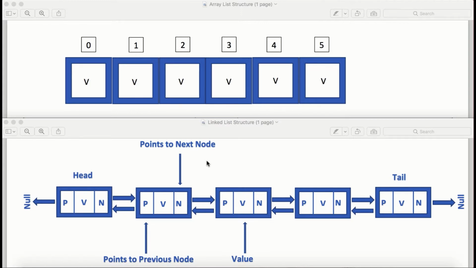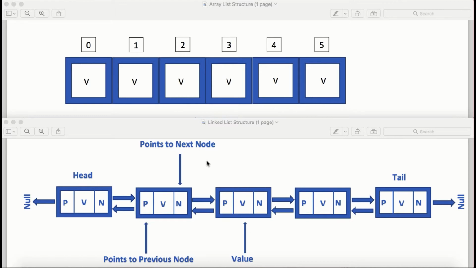So when we want to manipulate the data more number of times, when we want to insert the records, when we want to delete the records from the list, then at that point of time linked list is the best choice. If you want to simply add the element and access the elements, then in that case array list is faster. But when we want to use operations like add or delete, then in that case linked list is